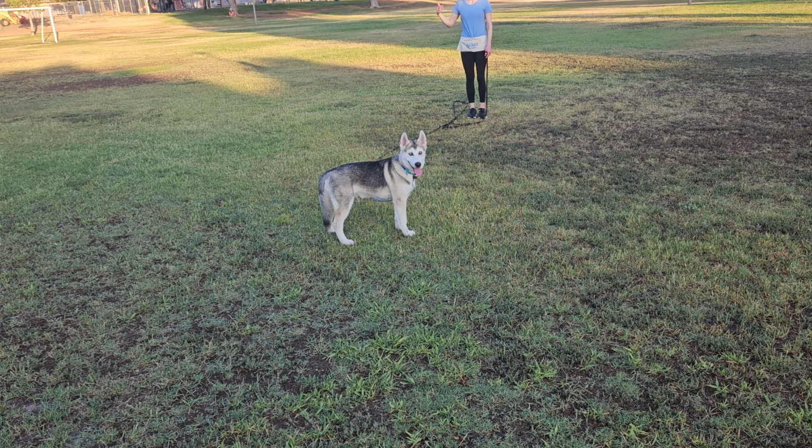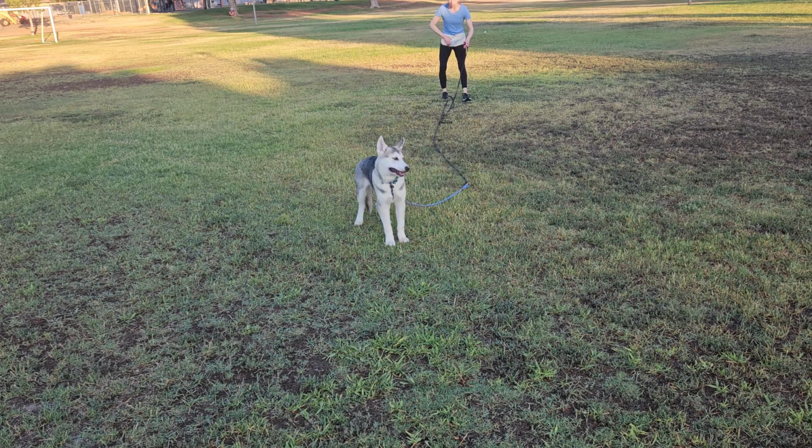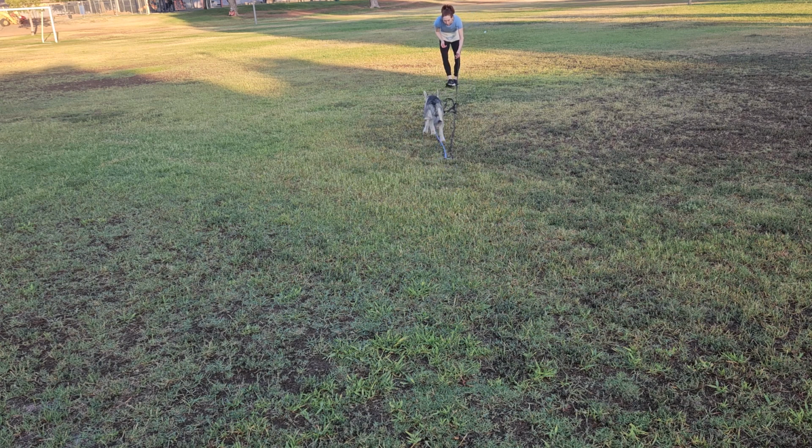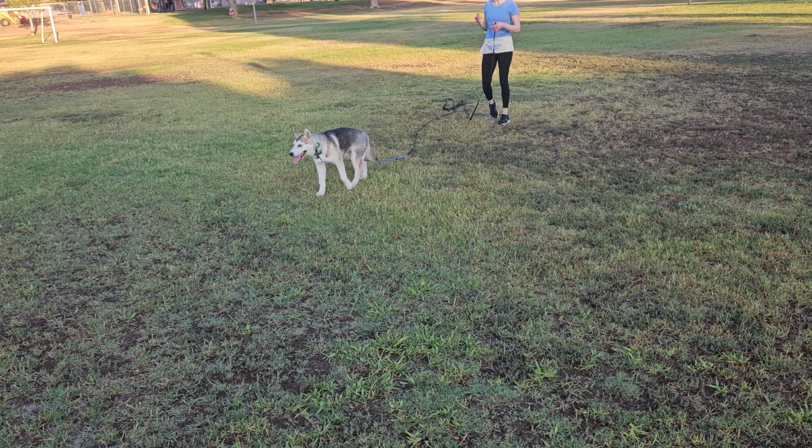So I allow the dog the opportunity to continue trying, and if it doesn't work out within 3 different tries, usually I will reel them in like a fish. Blue, come! Go boy! Good boy. Now with Blue, he's kind of still going through a very distinct fear phase, so he doesn't